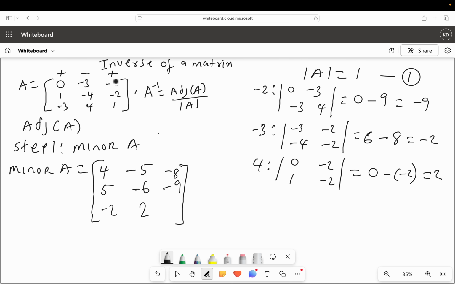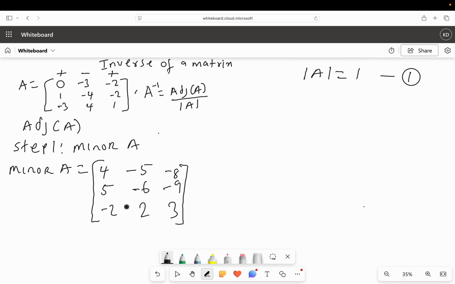Then finally for 1, I will cancel the corresponding column and row. So I will be left with 0, minus 3, 1, and minus 4, which is just 0, minus 3, which is 3. So I will be left with 3. So now I have found my minor. So the next step is to